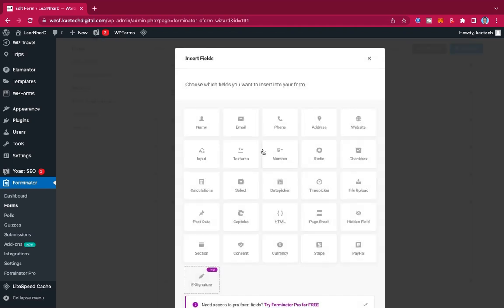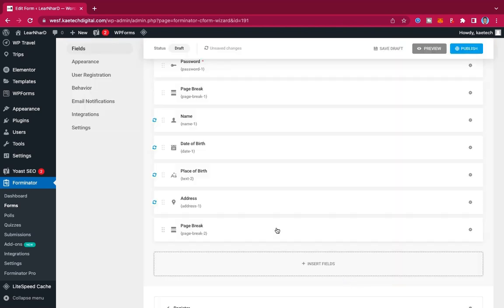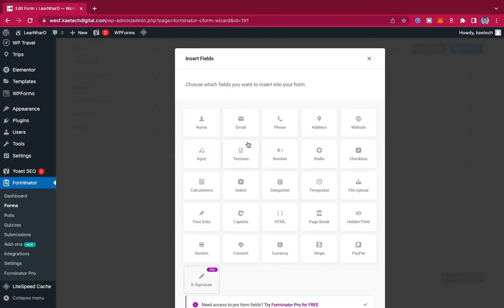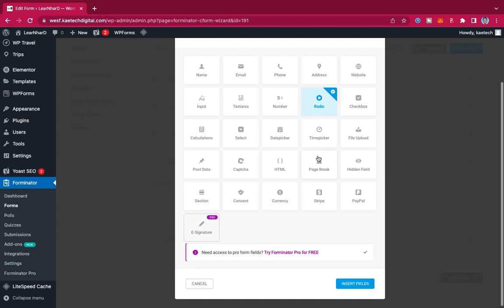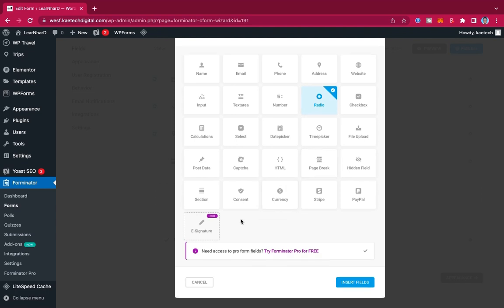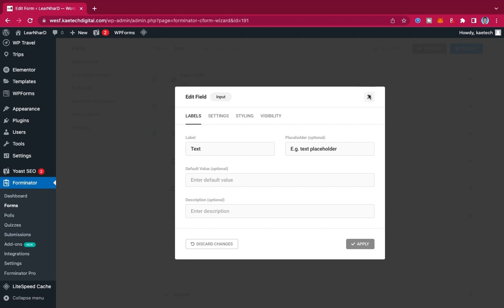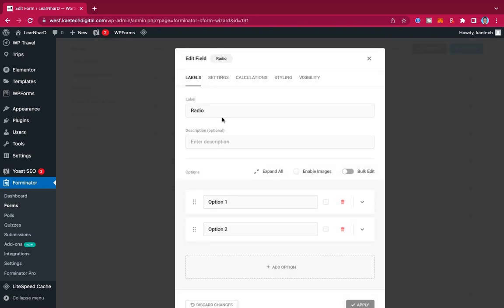So the next one that I'm going to do is I'm going to take another page break over here. So select another page break, and then the next one will be the course details. So I'm going to select the radial button over here, and then also the input text button. So over here I'm going to choose this one, and then with this one I'm going to say